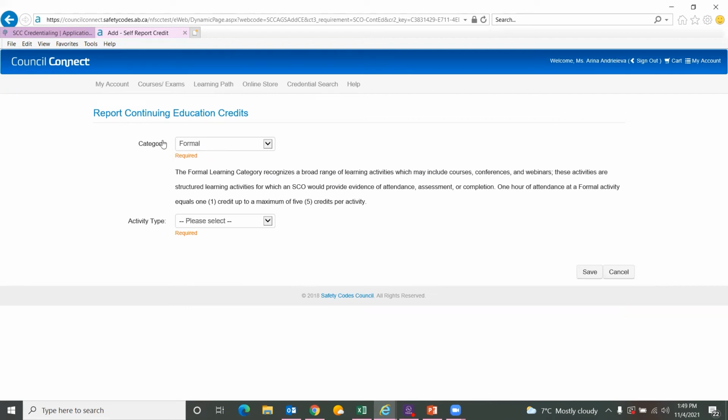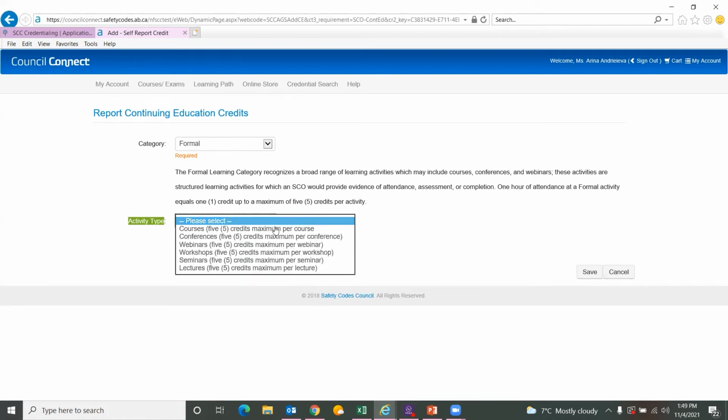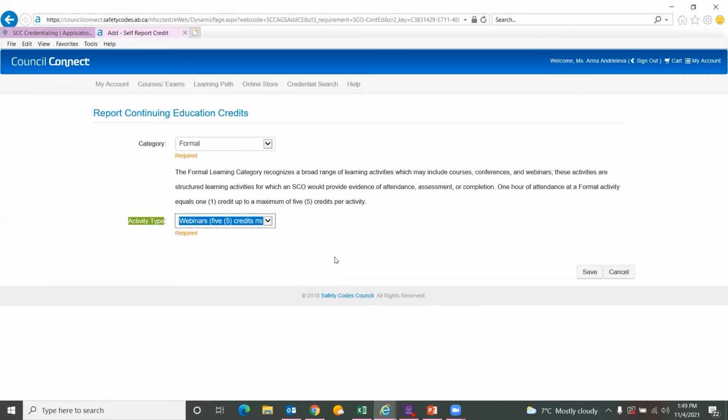Once you choose the category, the system will provide you more options to fill out. At this point, it will be pretty intuitive how to fill it out. However, if you're filling out your credits and at some point you're not sure if you're doing this correctly, you can always phone us and we're going to stay on the phone with you as you do that. And so I'm going to record this one as a webinar.